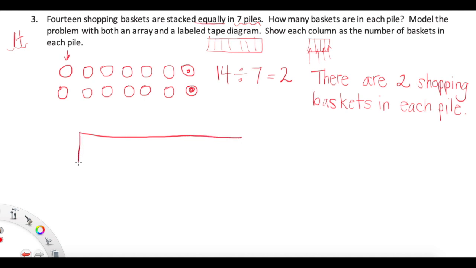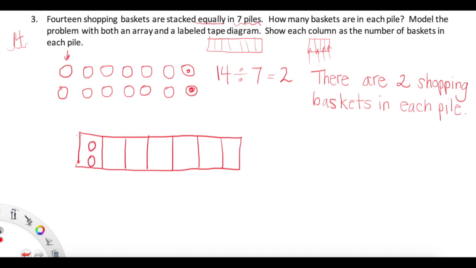tape diagram. Keep in mind that a labeled tape diagram, well, first of all, a tape diagram is a rectangle that is chopped up into bits to show our information in a different way. We showed it here in our array, but we can also show it in a tape diagram, and that's very exciting. So our tape diagram is going to be chopped into 1, 2, 3, 4, 5, 6, 7 piles. Just like up here, we had our array organized into 7 columns. Within each pile, my friends, we have 1,